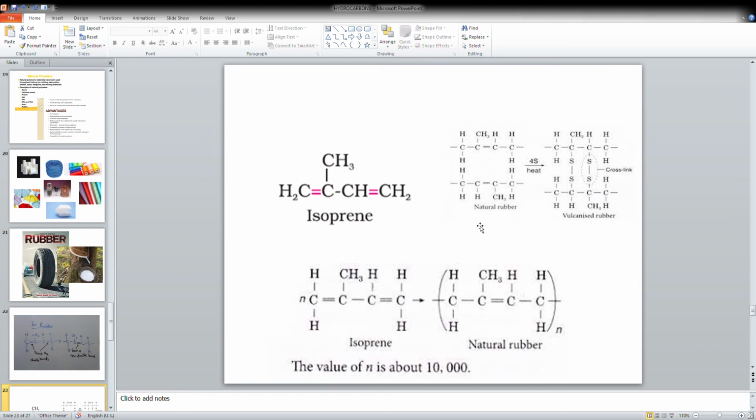What's that? Vulcanized rubber means you get the sulfur. You know what sulfur is? It is a non-metal yellow color compound. Get the sulfur and heat the sulfur with the natural rubber. So we can get vulcanized rubber. Here, during this process, how does it form? You can see in this figure, they form a cross link between the molecules. Among the molecules, they form bonds with sulfur. Likewise, this is called vulcanized rubber. Vulcanized rubber is strong, durable and hard. That's why we use vulcanized rubber rather than the other. Especially in vehicle tires, we need vulcanized rubber.